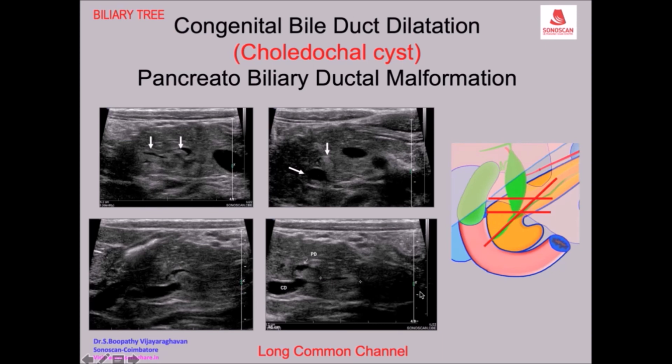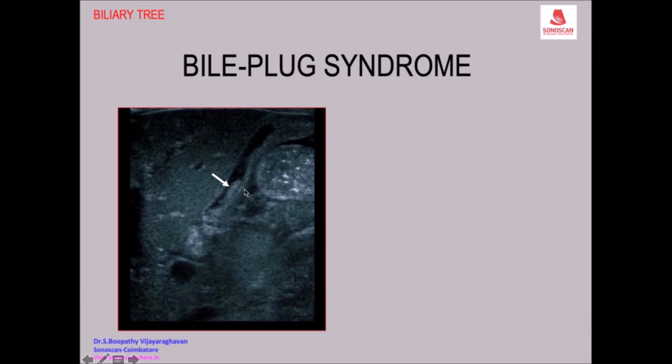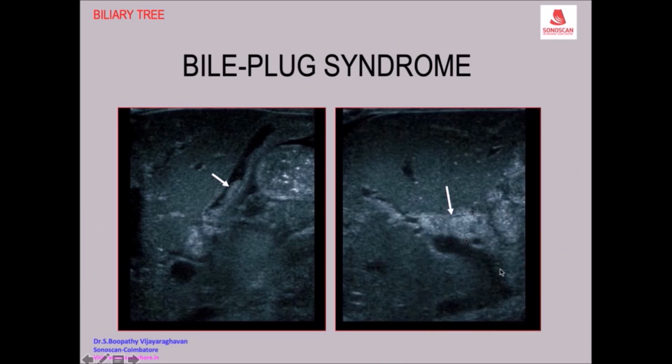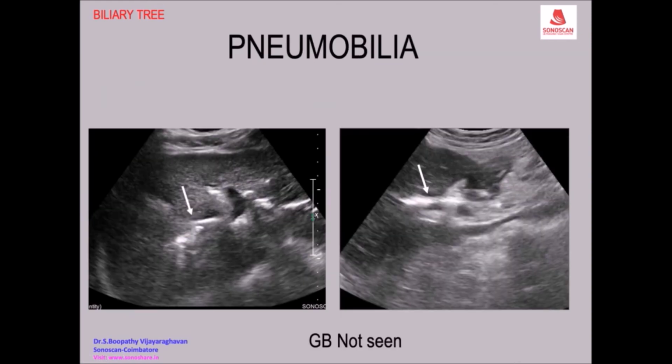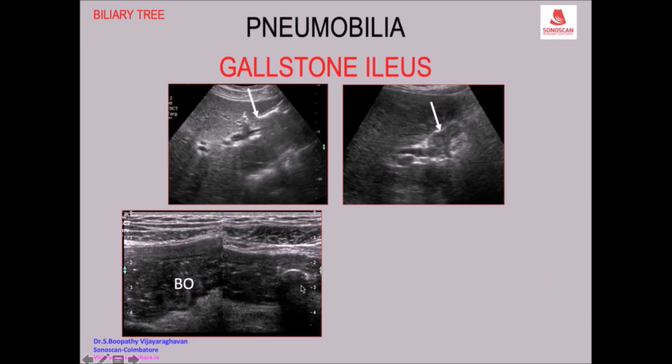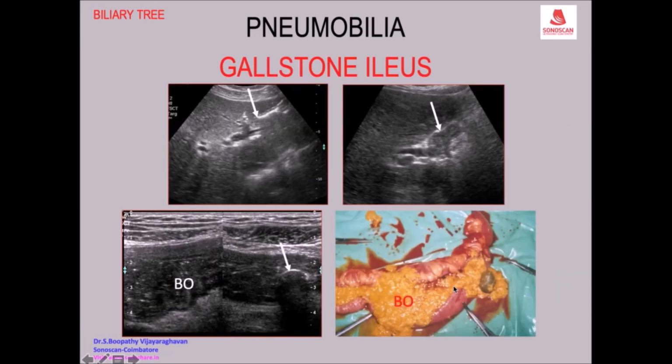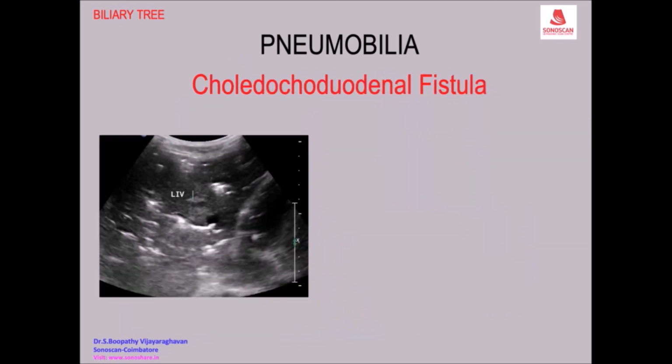So this is pancreaticobiliary maljunction, forming bile plugs in the gallbladder as well as filling the common bile duct, causing transient obstruction resulting in perforation of the CBD. Again, this is a self-limiting disease. Now coming to pneumobilia, there is gas in the bile ducts. Here this is a typical appearance of gas in the bile ducts from a passed gallstone. So that is gallstone ileus, that is the bowel, and you see the gallstone there. A large gallstone perforating the gallbladder and the duodenum and reaching the small bowel, causing small bowel obstruction.